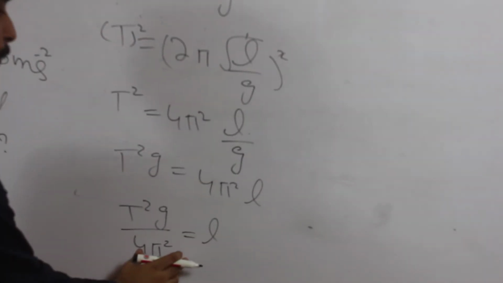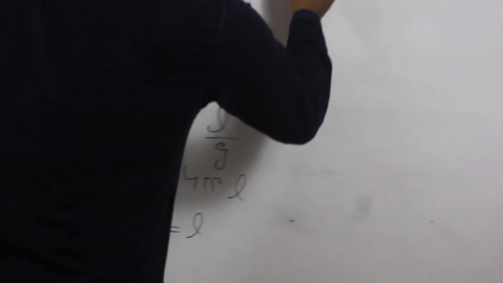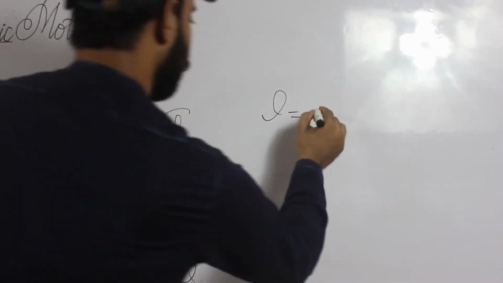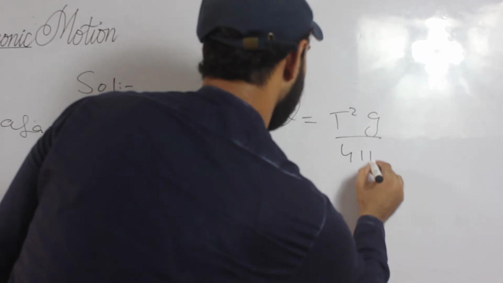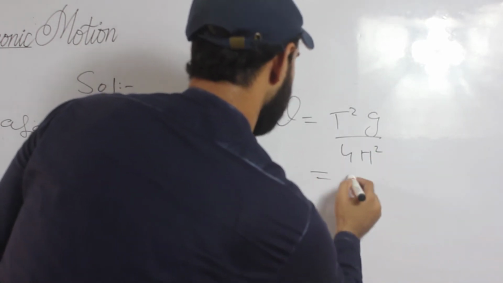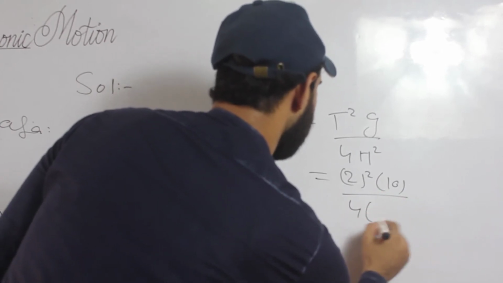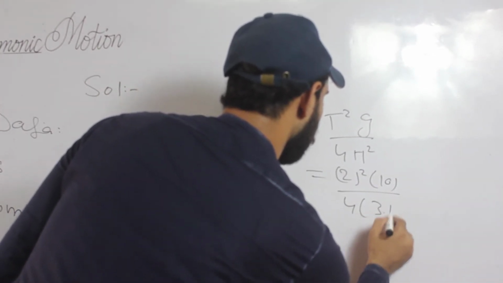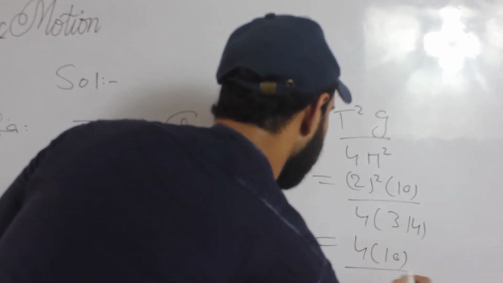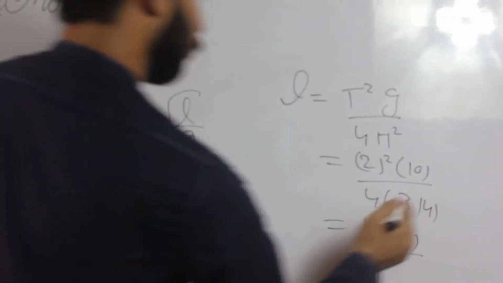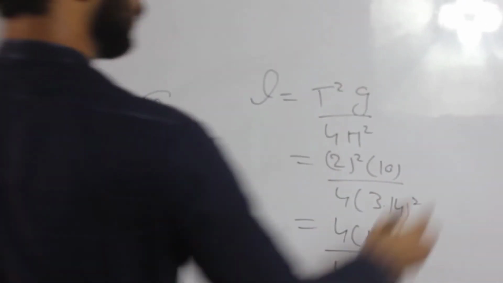Now we have arranged the formula, so we should put the values in this formula. L is equal to T squared g over 4π². So T is here 2, g value is 10, 4 as it is, and pi value is, as you know, 3.14. 2 squared is 4, that's 10, 4. The 3.14 squared is actually